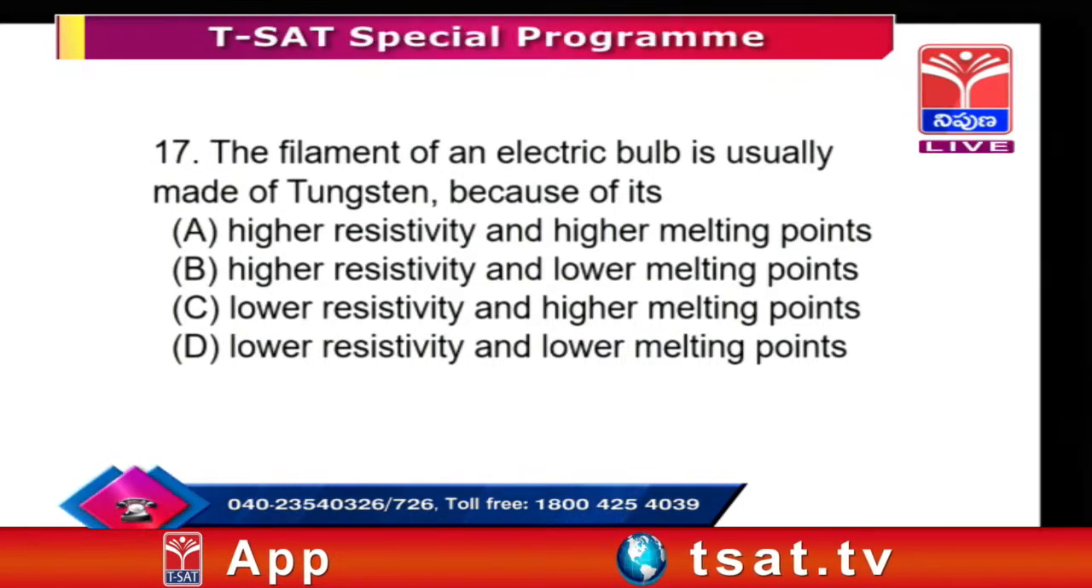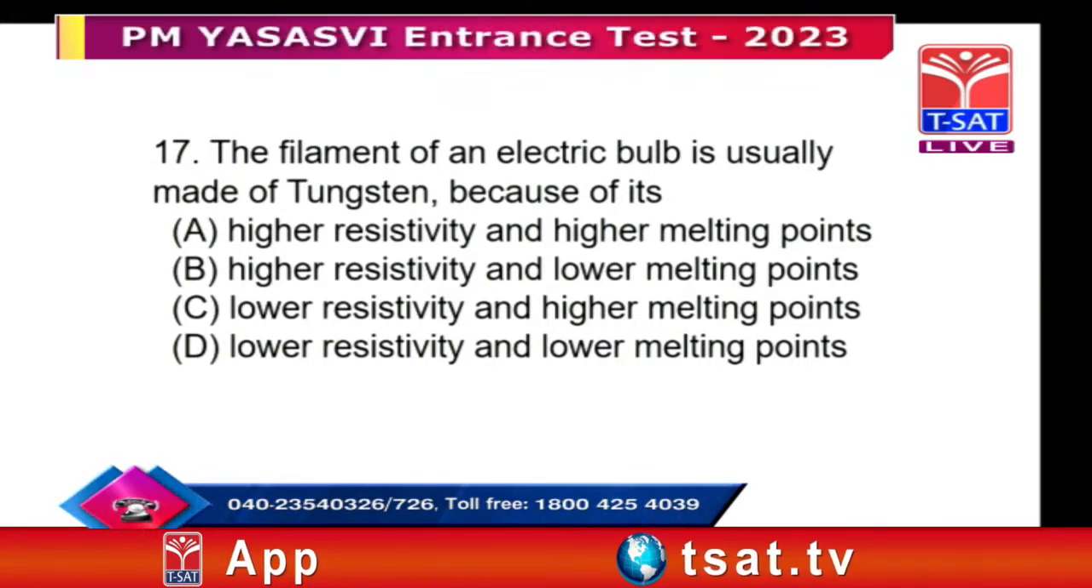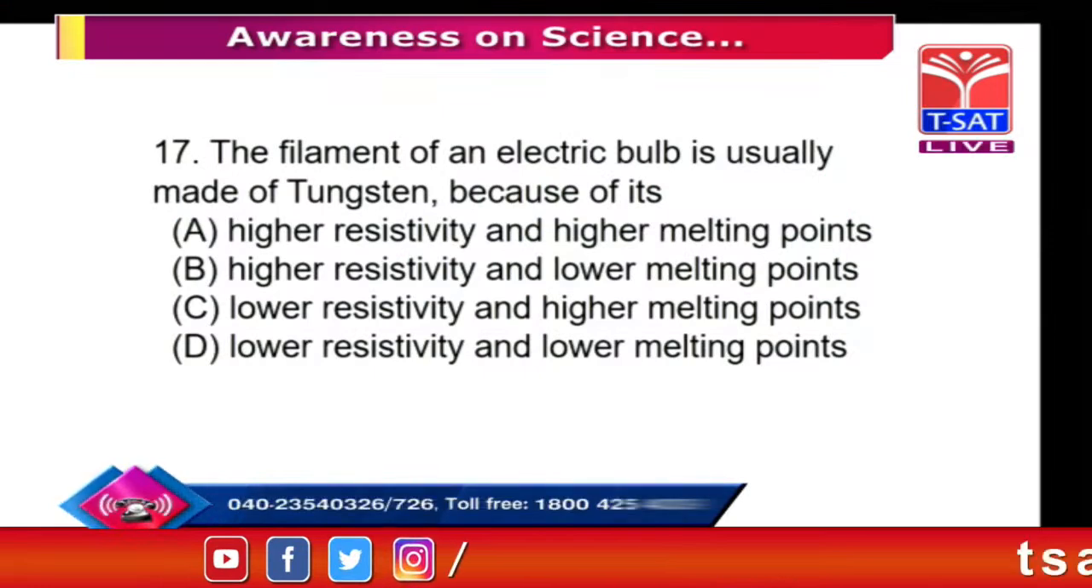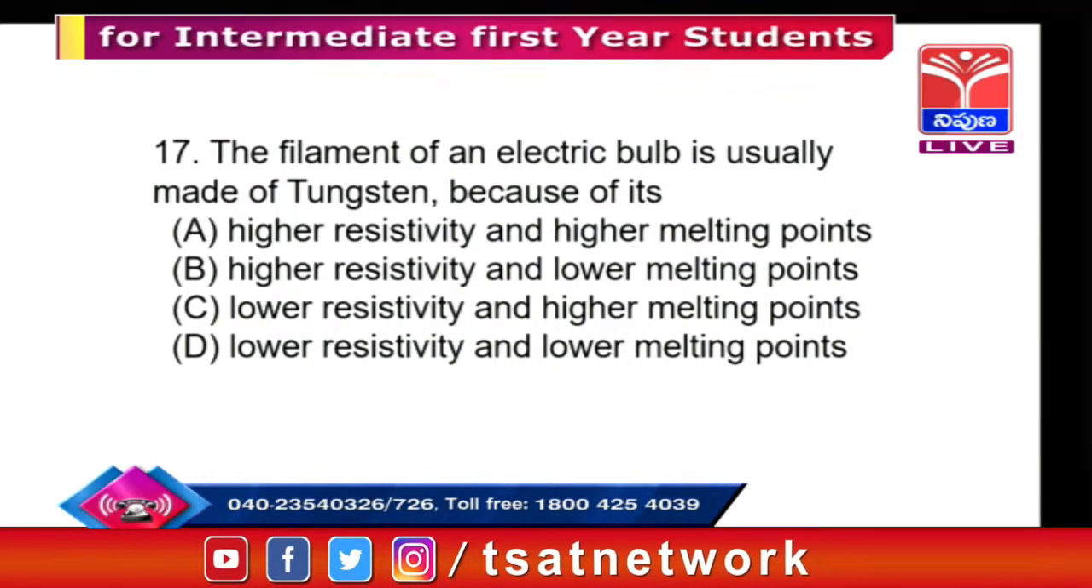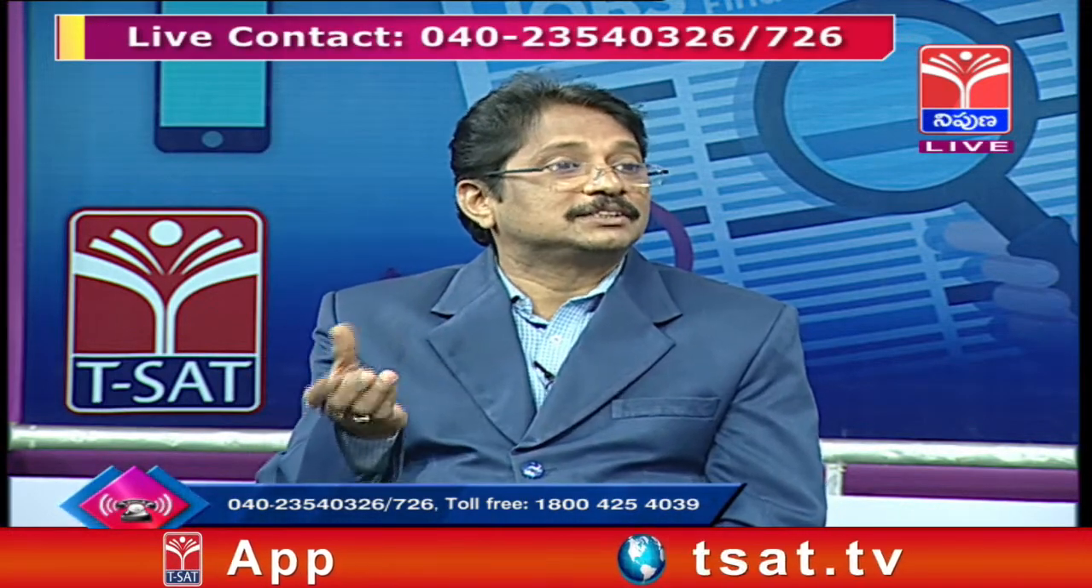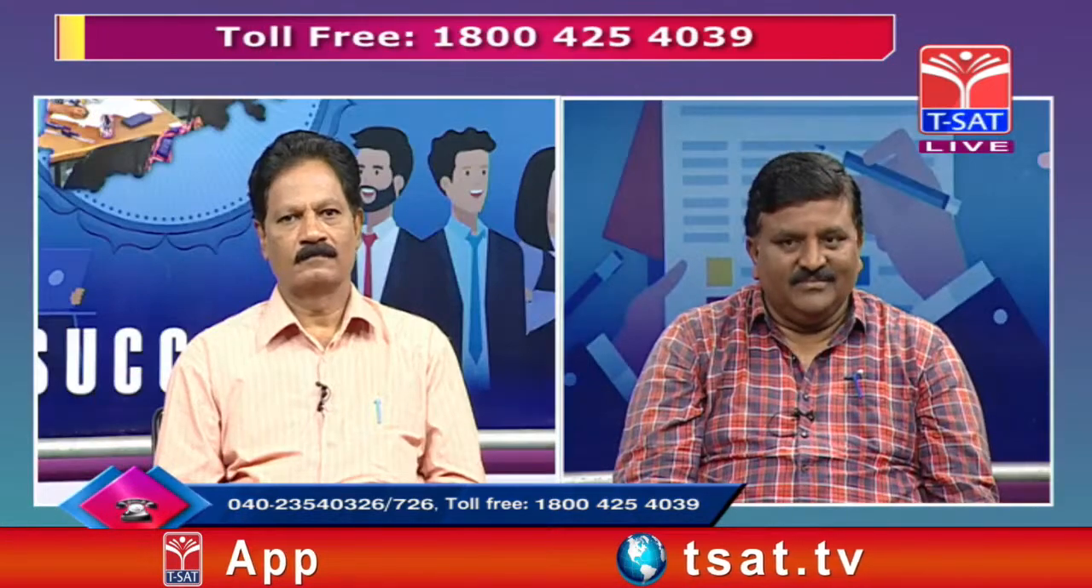Tungsten has higher resistivity and a higher melting point, and that is the reason we use tungsten as the filament in bulbs. Whereas generally in electrical circuits, even the mains and our household circuits, the fuse is made with copper wires,